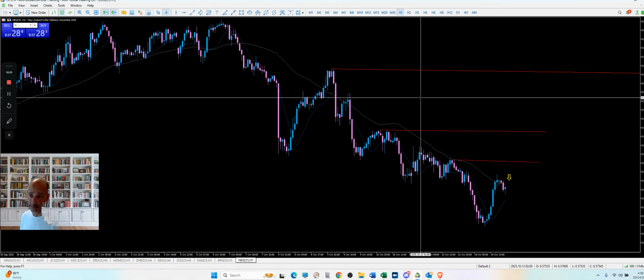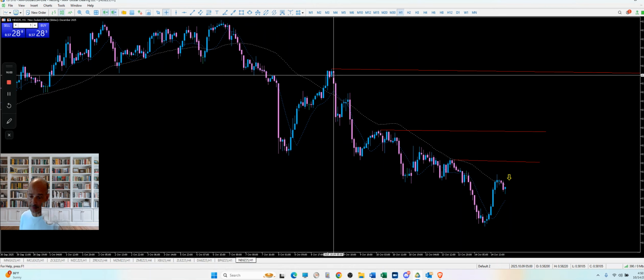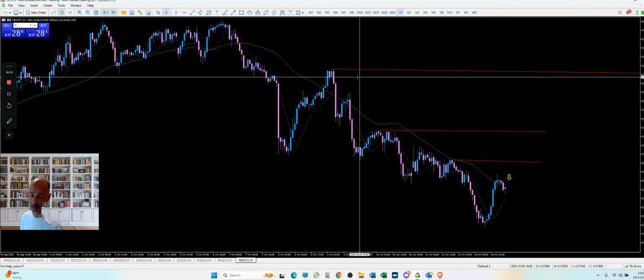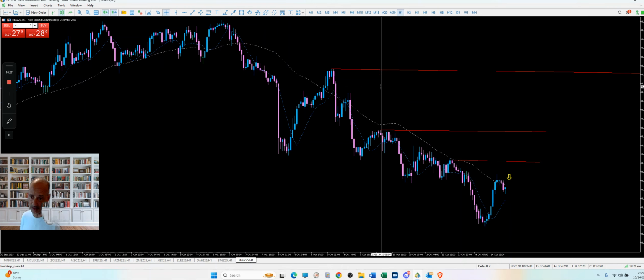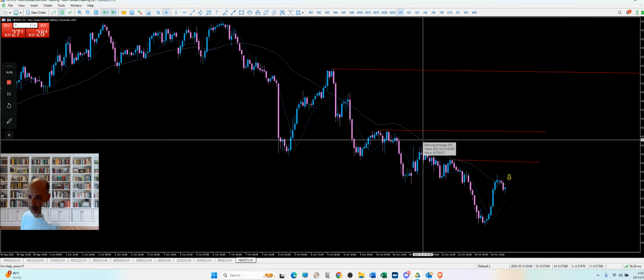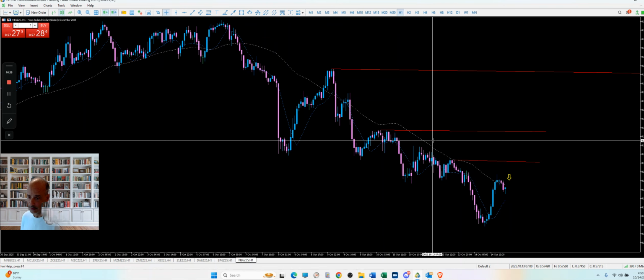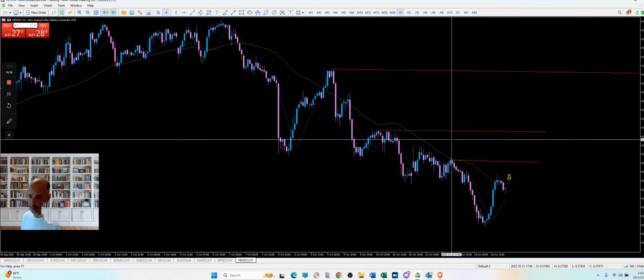Some of these moves happen during the New York session, and some of them happen during the Asian session, the late Asian session. A lot of times it would be when I'm not awake, but this is 5 o'clock. So this is like midnight or so my time. This is 13, so this is New York open. This is like between 5 and 8. So this is late London, late Asian, early New York. Early London, this is same thing. This is basically Asian to early London. And then this is New York.